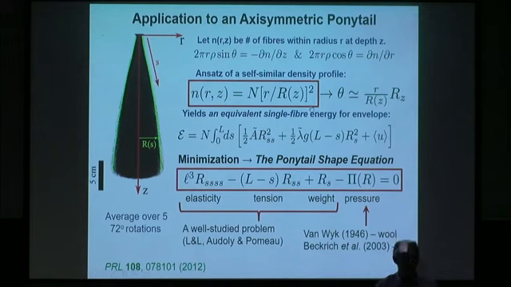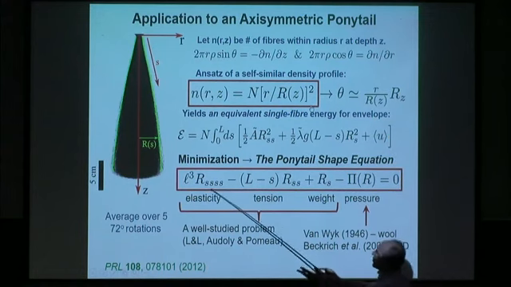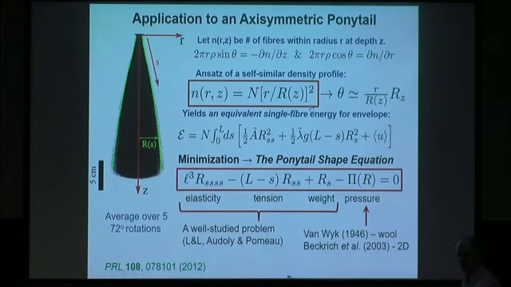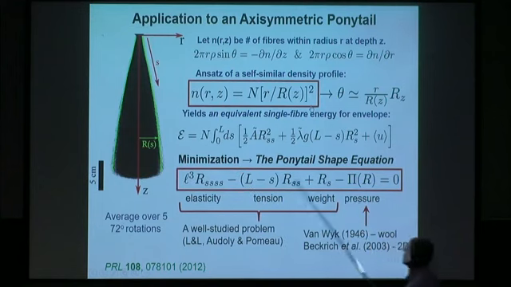In other words, it's no longer a full three-dimensional problem, it's an effective hair sitting at the edge. And it has its own bending energy and gravity, and its own contribution to the pressure, to the elastic energy. And then from this, you get a differential equation to minimize the energy that involves elasticity, the tension in the filament, which is maximum at the top and 0 at the bottom, the weight, and the pressure. And this is called the ponytail shape equation. And apart from near the clamp, most of the important shape that you see is dominated by a competition between the pressure and this weight contribution.